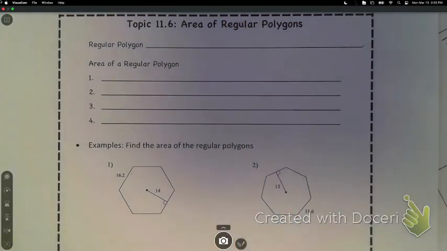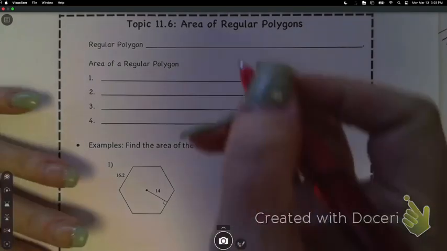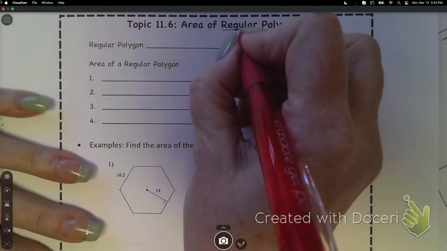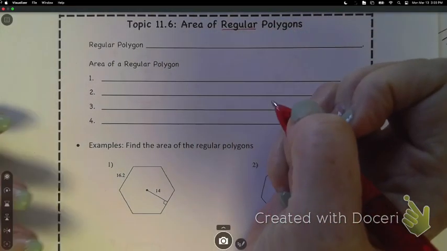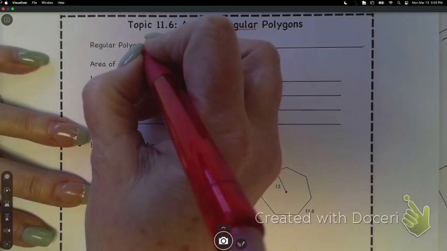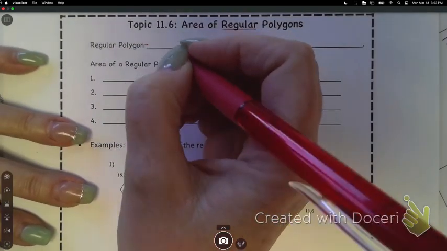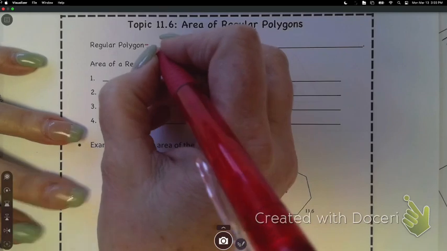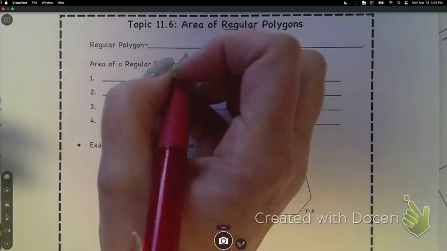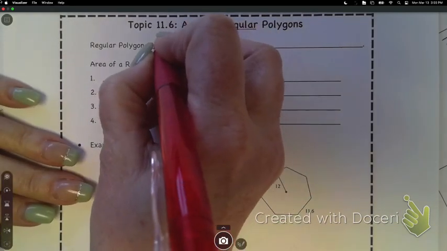Okay, so 11.6, area of regular polygons. We've used that word before, regular. Does anyone remember what it meant? A regular polygon, all even, like the sides are all congruent. Yep, exactly. A regular polygon is a polygon